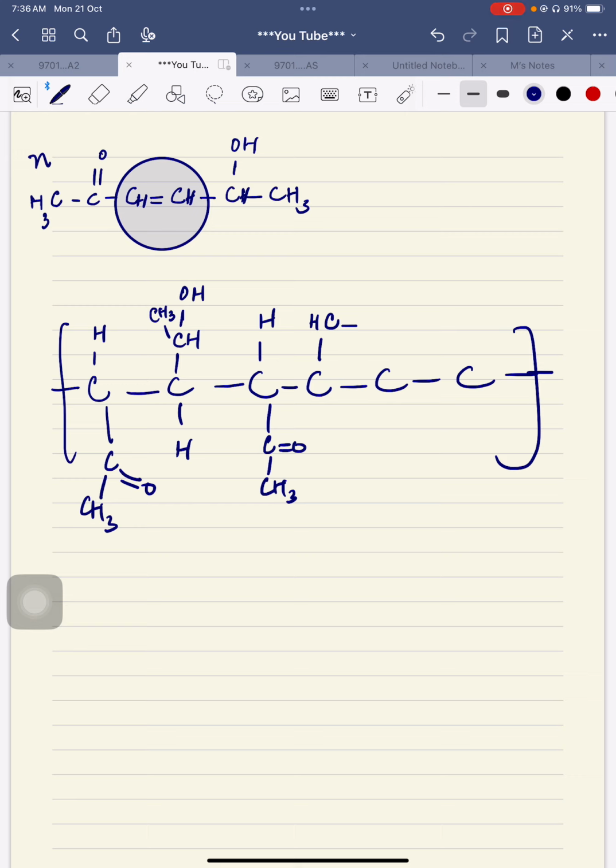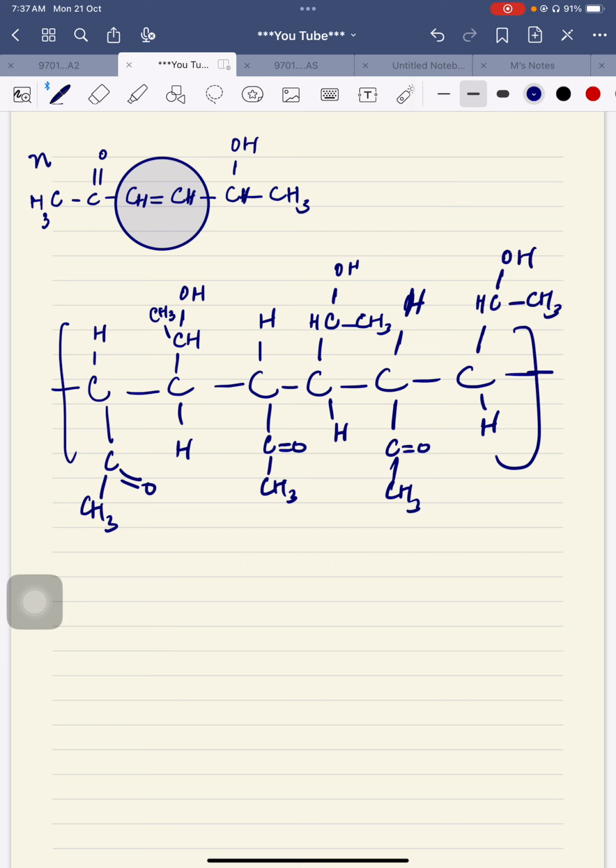So HC or CH is the same thing, and I have just consumed the space like this, and this is 1 H, whereas this has C double bond O and CH3. You can see that the remaining parts are as they are. I forgot to write this H. Now I'm writing this, and this carbon has one H again, and the remaining is CH, and this is CH3, and this is OH. So this is just telling you that